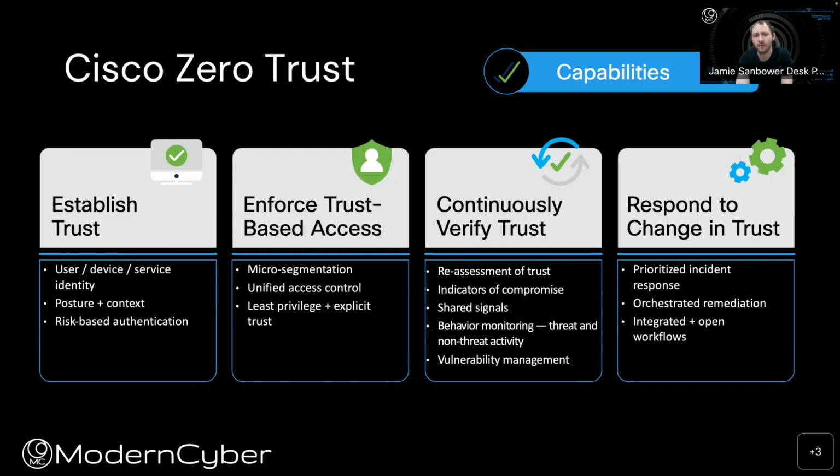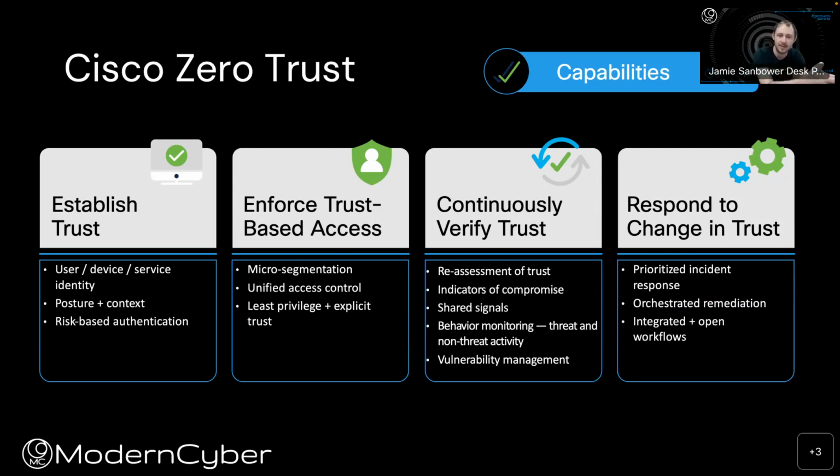And within enforcement, this happens with microsegmentation, unified access control, and then being able to apply least privilege and explicit trust definitions. So I talked about removing implicit trust. This means things aren't a permit any or an implicit allow. In this explicit trust world, we have a very defined policy that's going to allow Jamie on his managed machine